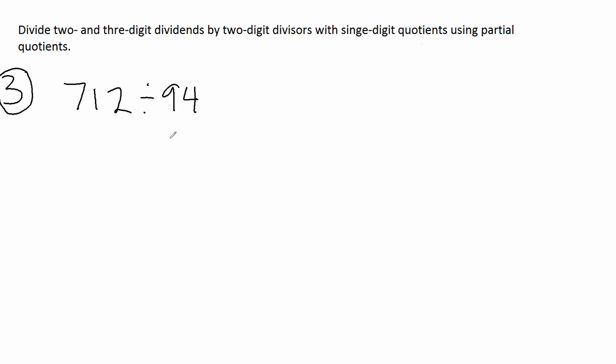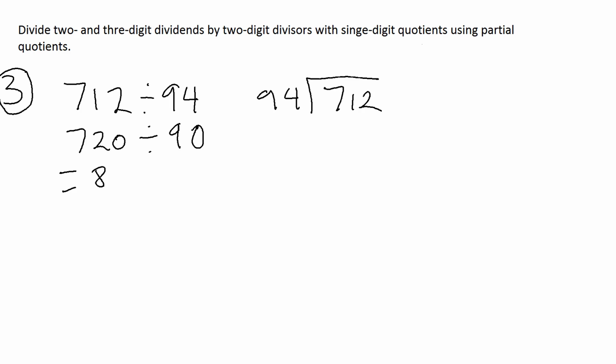In this example, we're going to demonstrate what happens if we end up with an estimate that is too large. So we're going to round off our divisor to 90, and 9 times 8 is 72, so we're going to go with 720 here this time, and that's going to equal 8. So that's where we're going to start our division problem. We have 712 divided by 94, and like I said, we're going to go with 8. So I have 94 times 8. 8 times 90 is 720. 8 times 4 is 32, and that's going to give me